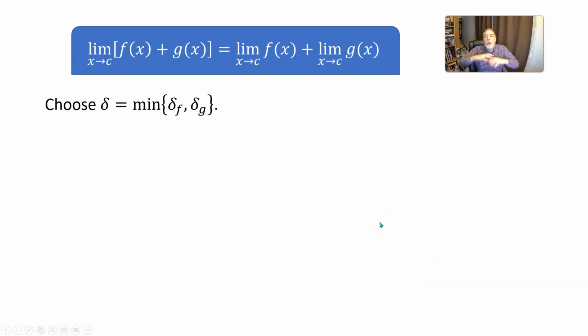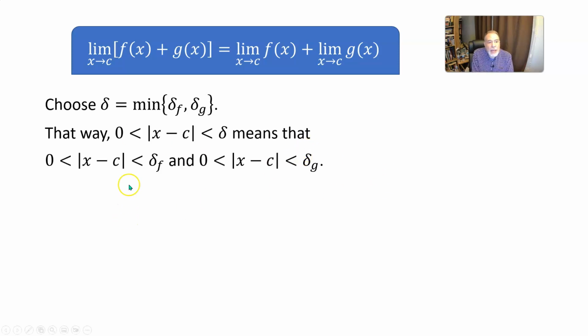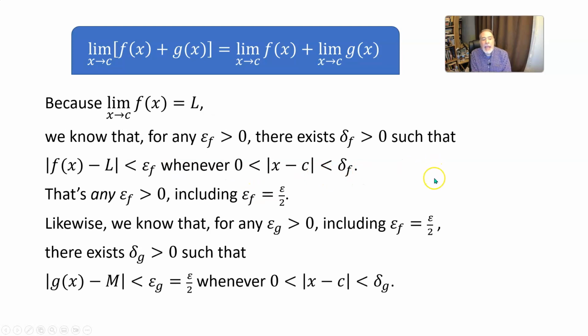So for our big overall delta for the whole thing, we're going to just take the minimum of those two deltas, either delta sub f or delta sub g, whichever one of them is smaller. That way, it's guaranteed to be at least as small as both of them. That way, 0 being less than the absolute value of x minus c being less than delta means that it's less than both delta sub f and delta sub g. And that means